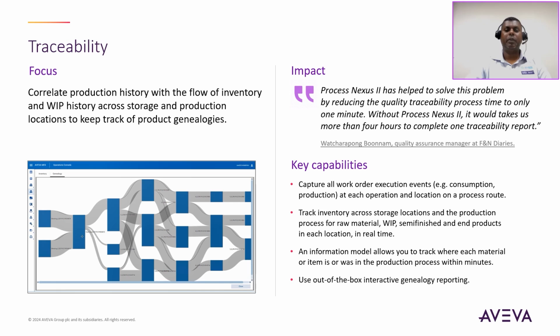Reduce the cost of regulatory compliance and protect brand equity with automatic electronic record keeping. Conduct detailed product genealogy and end-to-end material traceability in minutes. In addition to enforcing manual data collection procedures, AVEVA MES integrates with control systems and devices so it can automatically keep records on production and inventory events, including all material consumption and production, work in progress or semi-finished and finished products. It delivers a detailed product genealogy and quality record, along with material traceability, access storage, mobile storage units, and product locations.